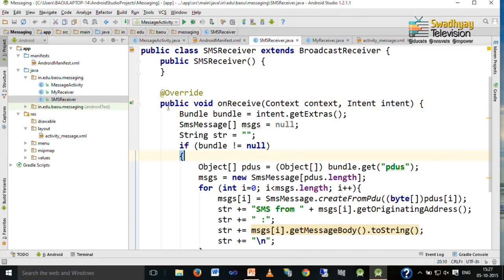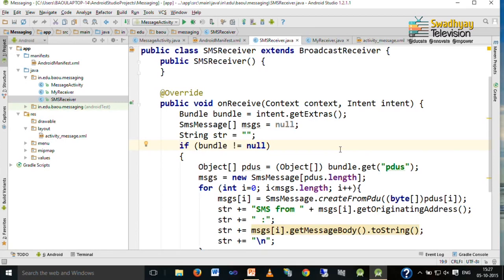Here I write a bundle object which takes the bundle from intent dot getExtras, and here is an array of SMS messages that we want to extract from this bundle, and here is one string that we will use to display the message in a toast.